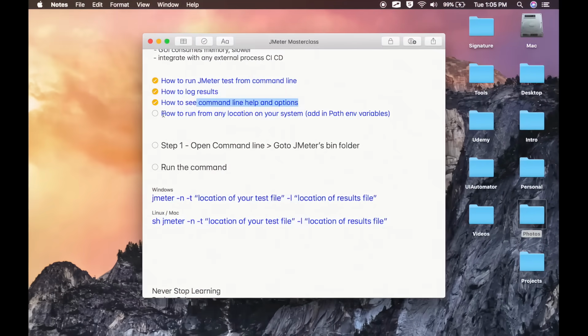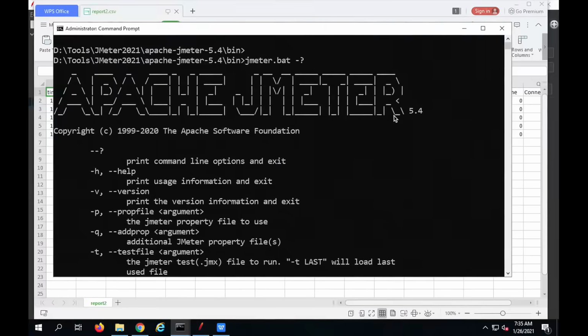And now let me tell you how you can run JMeter command from any location from the command line. Now if you see here, we had to go to JMeter bin folder to run from command line, and this is because the file, that is jmeter.bat in case of Windows and jmeter.sh in case of Linux or Mac, is present in this folder. So what I can do is I can just copy the location of this folder, and